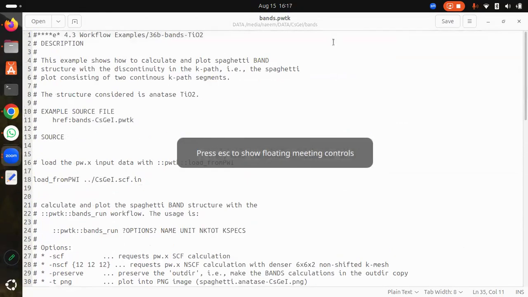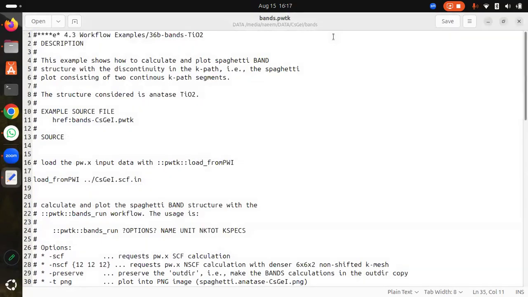Okay, this is the PWTK workflow. Actually, it is the workflow. A workflow is something that has a complex structure, and in the backend it does many calculations. But in this file, we just put some necessary